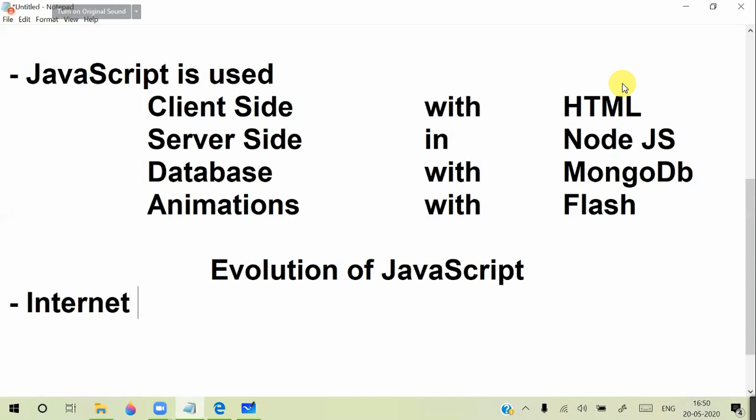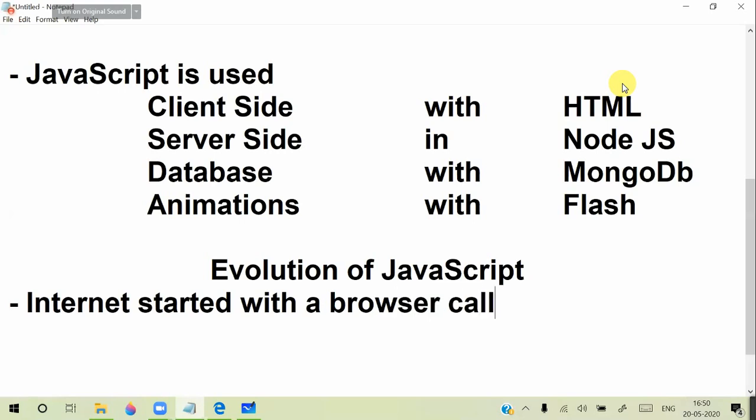Internet started with a browser called Mosaic. It is the name of the first browser. It is the first browser, and a scripting language